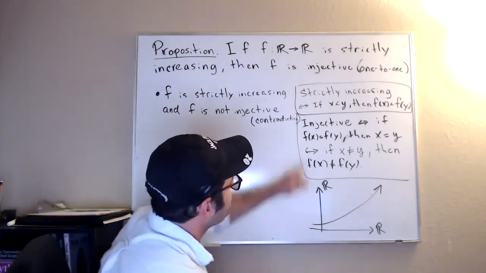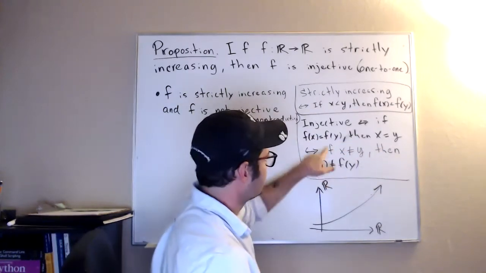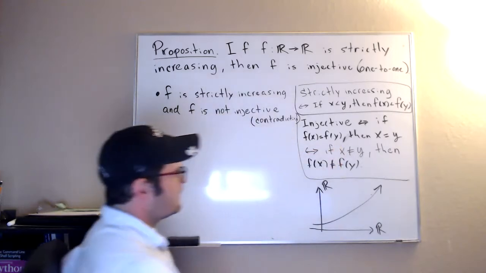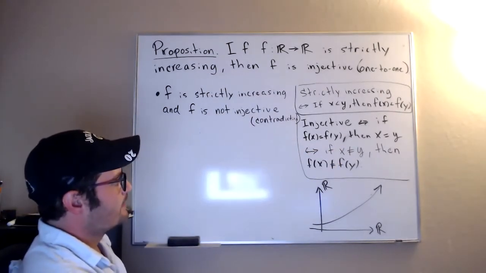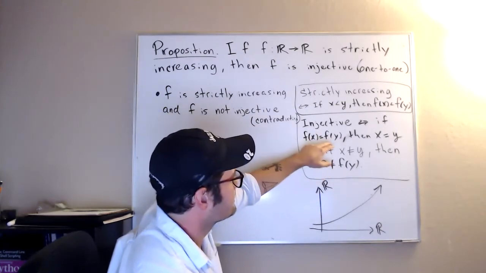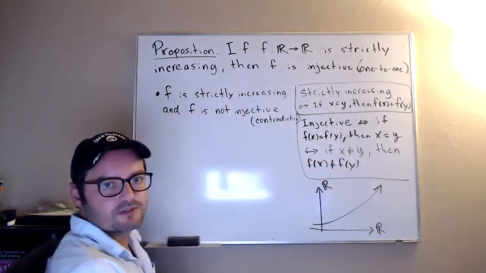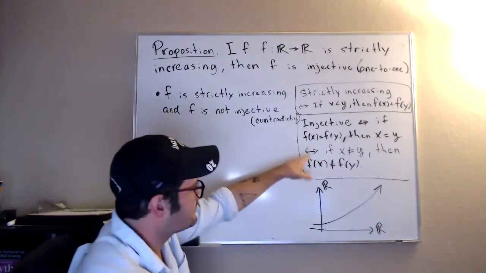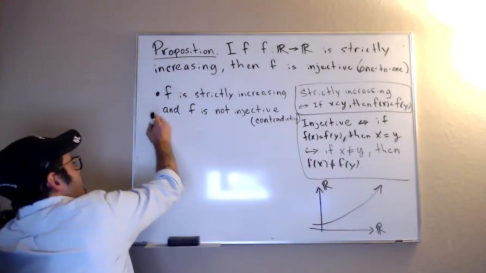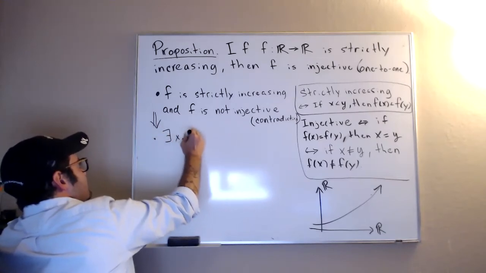So if these are equal, then those must be equal, right? So if we're assuming it's not the case that that's going to happen, then there must exist x and y. So if we look at this, either one, there must exist x and y where x and y are not equal, but their images are equal. If we negate this, that's what we would end up getting, right? So then this implies that there exists x and y